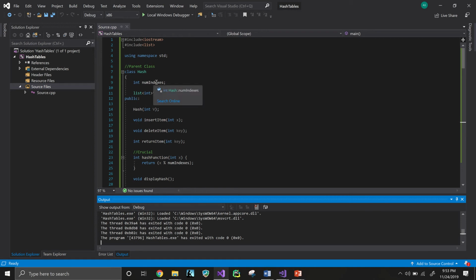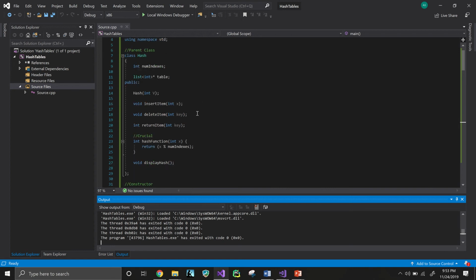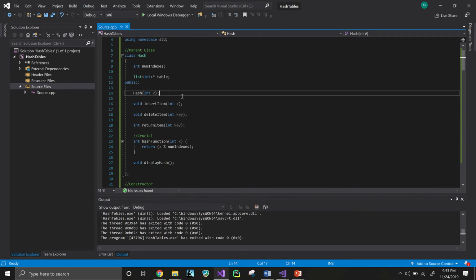So to begin, the class hash has a number, and this number is going to be the number of indexes that will be in the hash table. And then we create a list of integers, named table, and in the public section, this is going to be our functions. Basically, this is the constructor, and it has a parameter of a number. This is the insert function, and it's going to take in